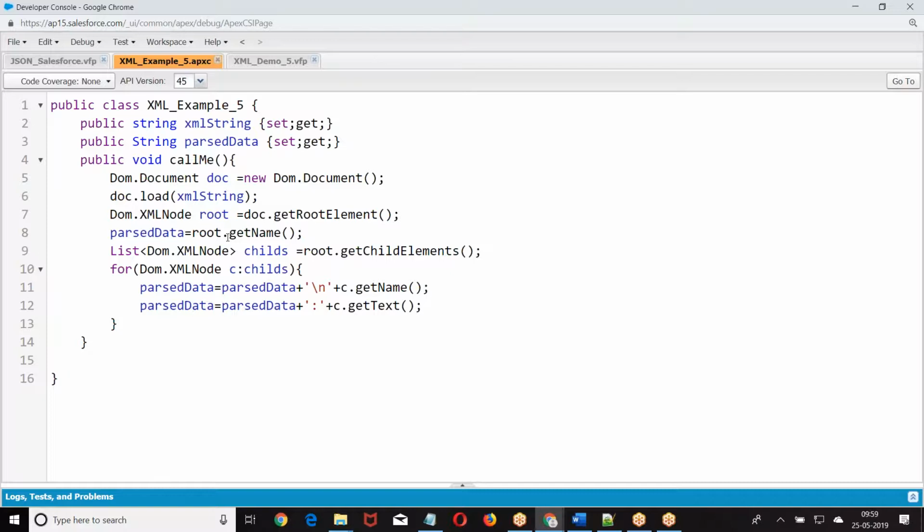Now what I'm using, C dot get name, C dot get text. When I say C dot get name, it is the name of the element, and C dot get text is the value of the element. I hope you are good. Okay. Now I have a small issue here. This data I was giving in the form of text, I was parsing. Somebody gave me